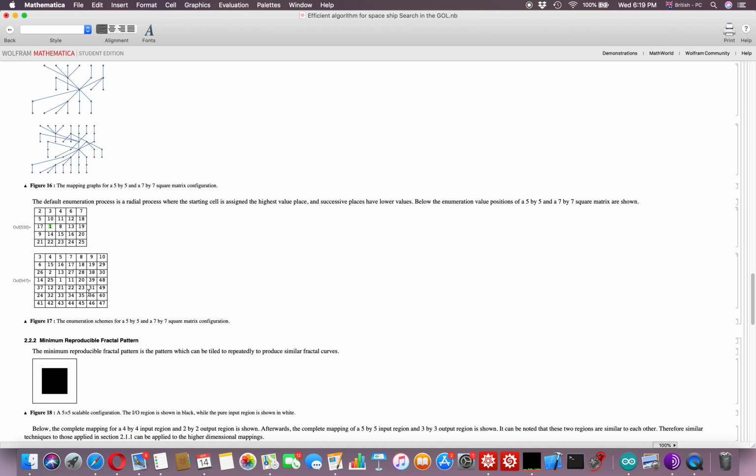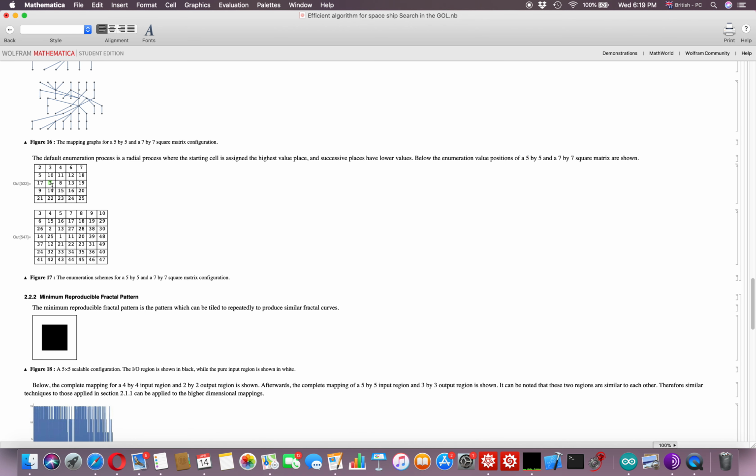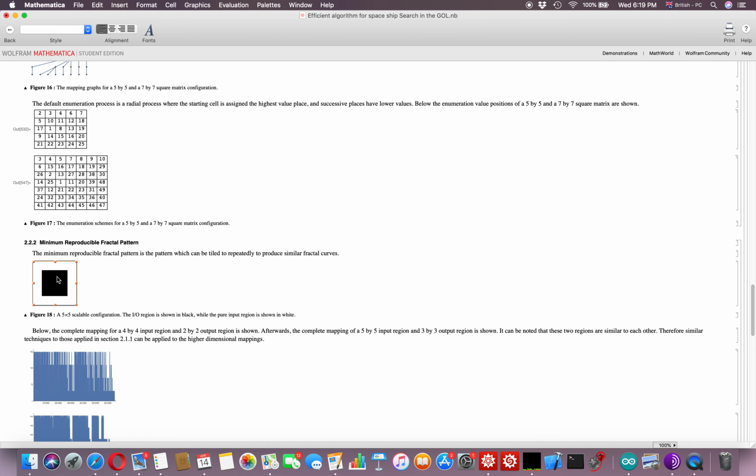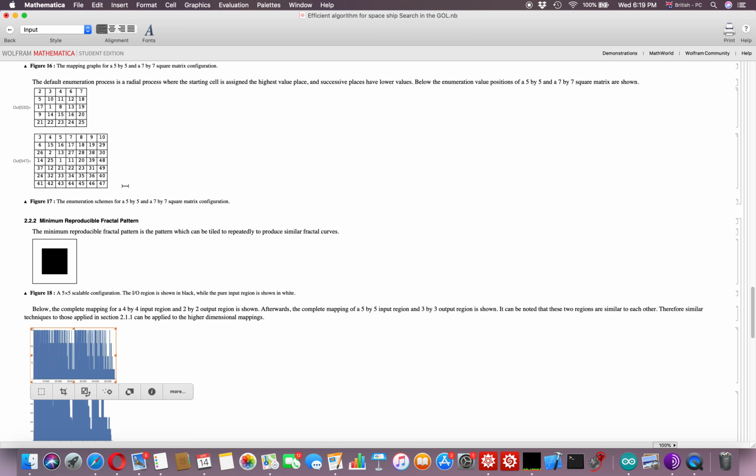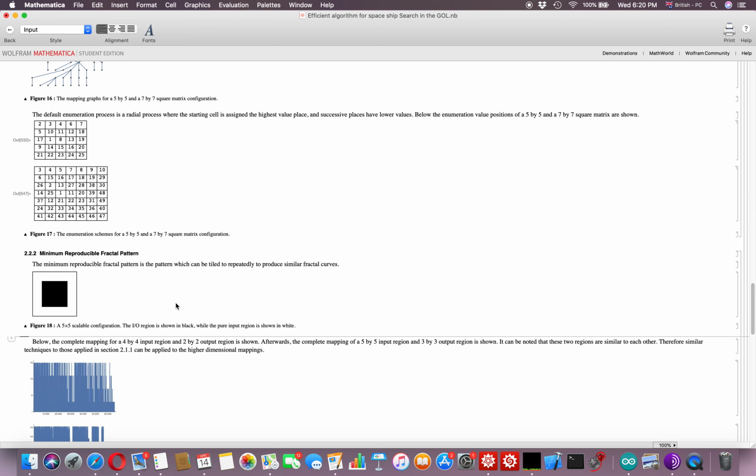And here we have the minimal reproducible fractal pattern, which is a square, where the black represents the input and output region, while the white represents the region which can only take input. So it's measured and it's given a mapping, but it does not have any output mapping. So the mapping of the GOL, the scalable region, is seen here, and the scalable region is the key part for the fractal pattern, because you can add them together to create the mapping and enhance your size,